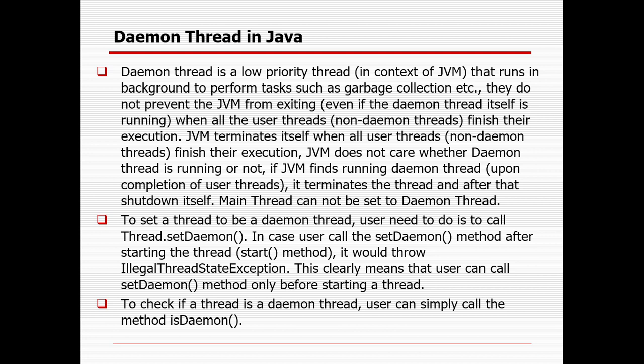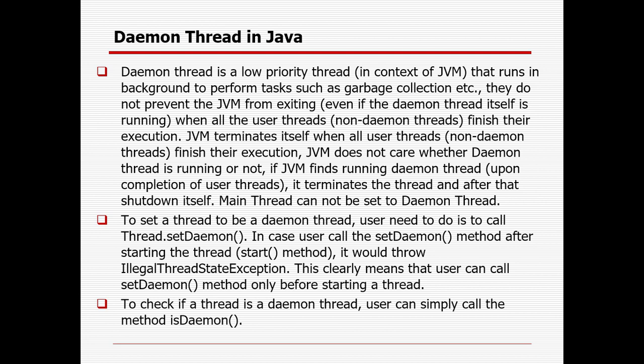So a daemon thread is a very low priority thread that runs in the background to perform tasks such as garbage collection in Java. So who does it? The daemon thread does it. You need not remember this, but in case anyone asks you how you clear such things, any kind of thread you create will slow down the process. You can say that a daemon thread is already there in the system. Sometimes I can make a few threads daemon threads so that they do the garbage collection part.